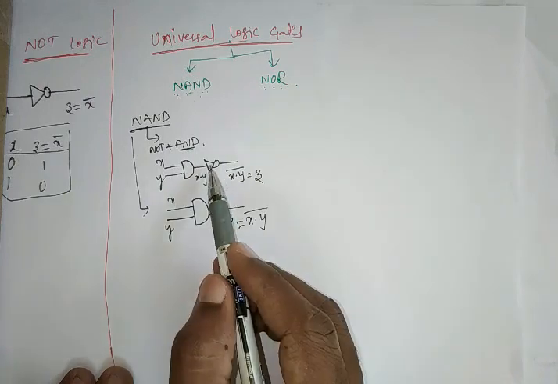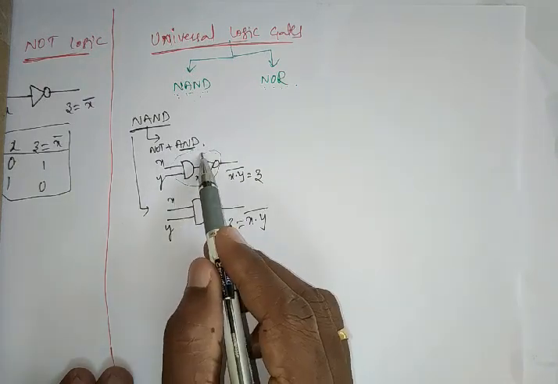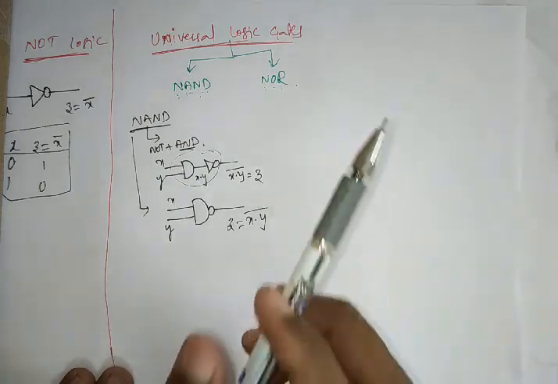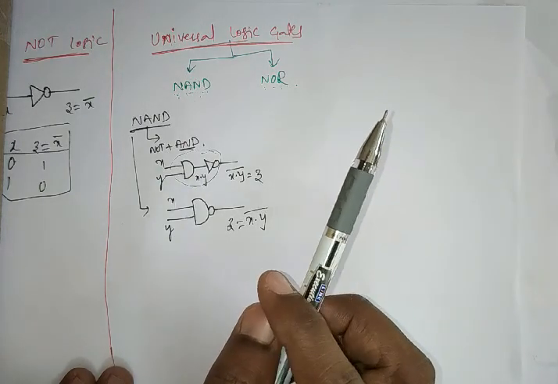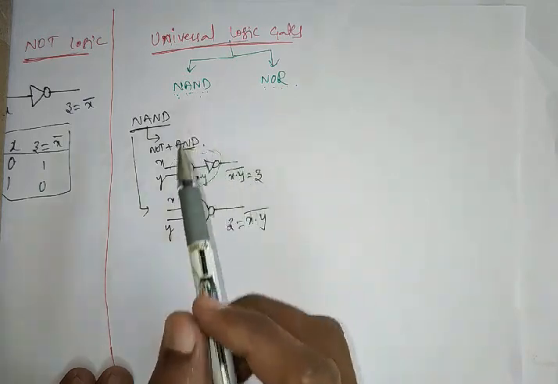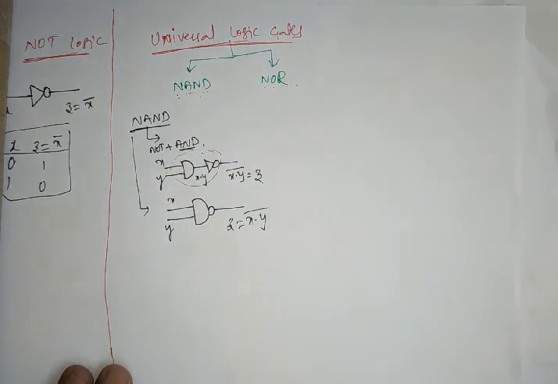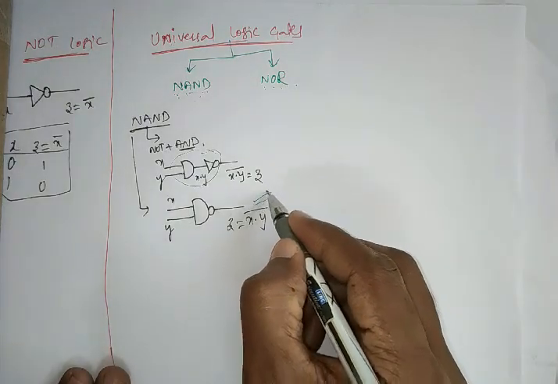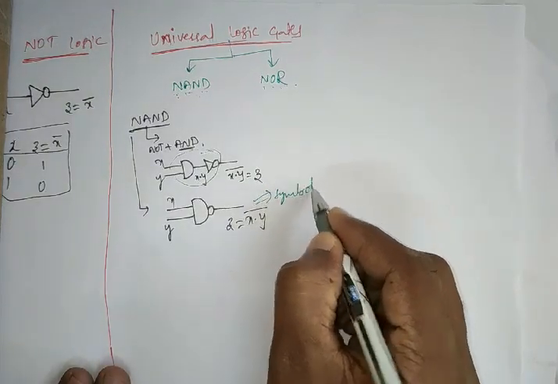Okay. So here the two logic gates are merged, we can represent only one logic gate. So in any Boolean function, any combinational or any sequential circuits which are designed by using the universal gates, the complexity of the circuit will be reduced. The circuit complexity will be reduced because here the two logic gates are integrated, then we will get only one circuit. Okay. Here this is a symbol representation for the NAND gate.